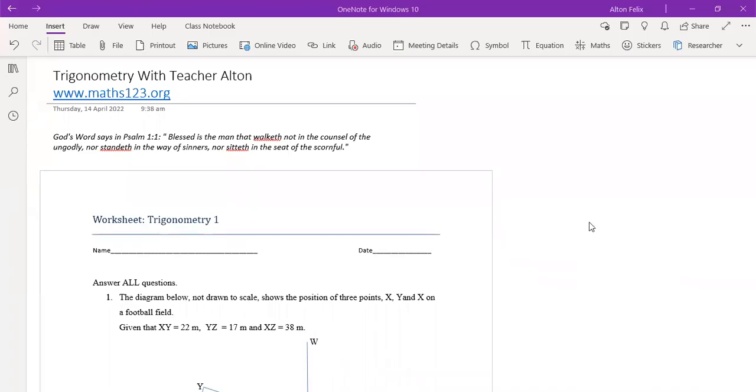Welcome again to Maths 1 to 3. Today we'll be looking at trigonometry. And as usual, before we get into solving these problems, we're just going to focus a little bit on what